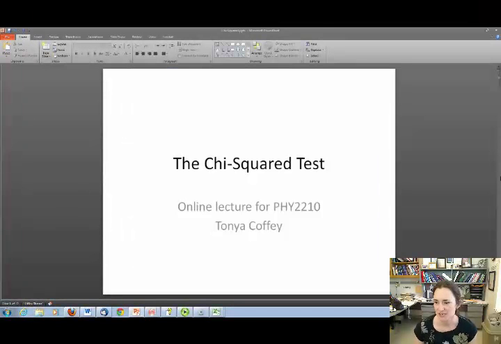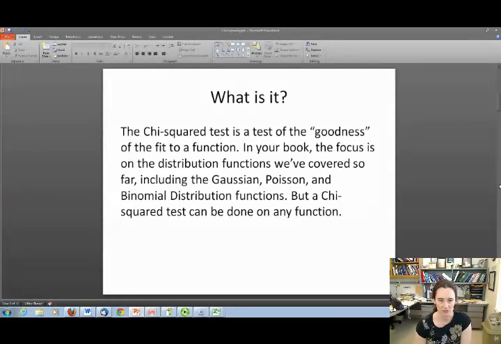Hi. So today I wanted to talk about the chi-squared test for a distribution. So what is the chi-squared test? Well, first of all, it's a test of the goodness of fit to a function. So in your book, what they're generally doing is testing to see how well different distribution functions fit different data sets. But it could be used for any function, and it could be used for any data set to any